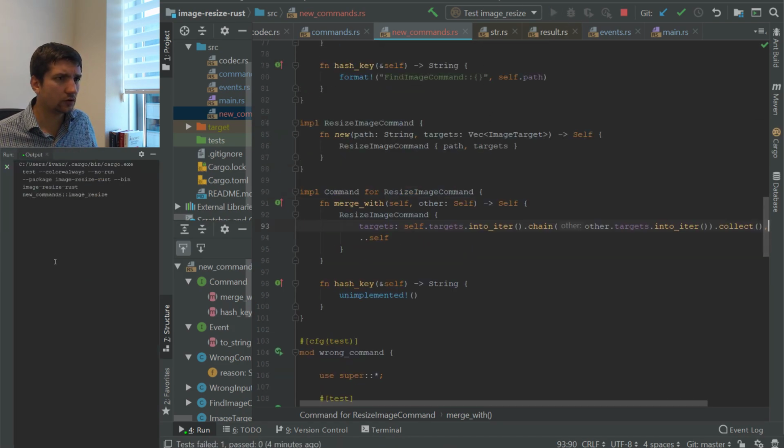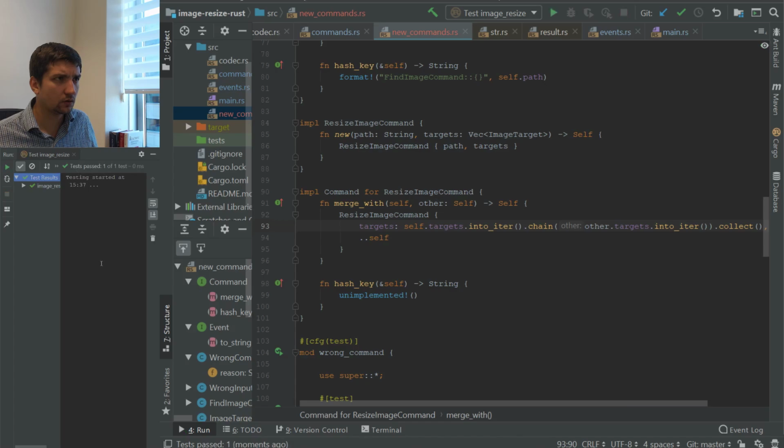So does it work? Apparently it does. Okay, nice. So here how you merge